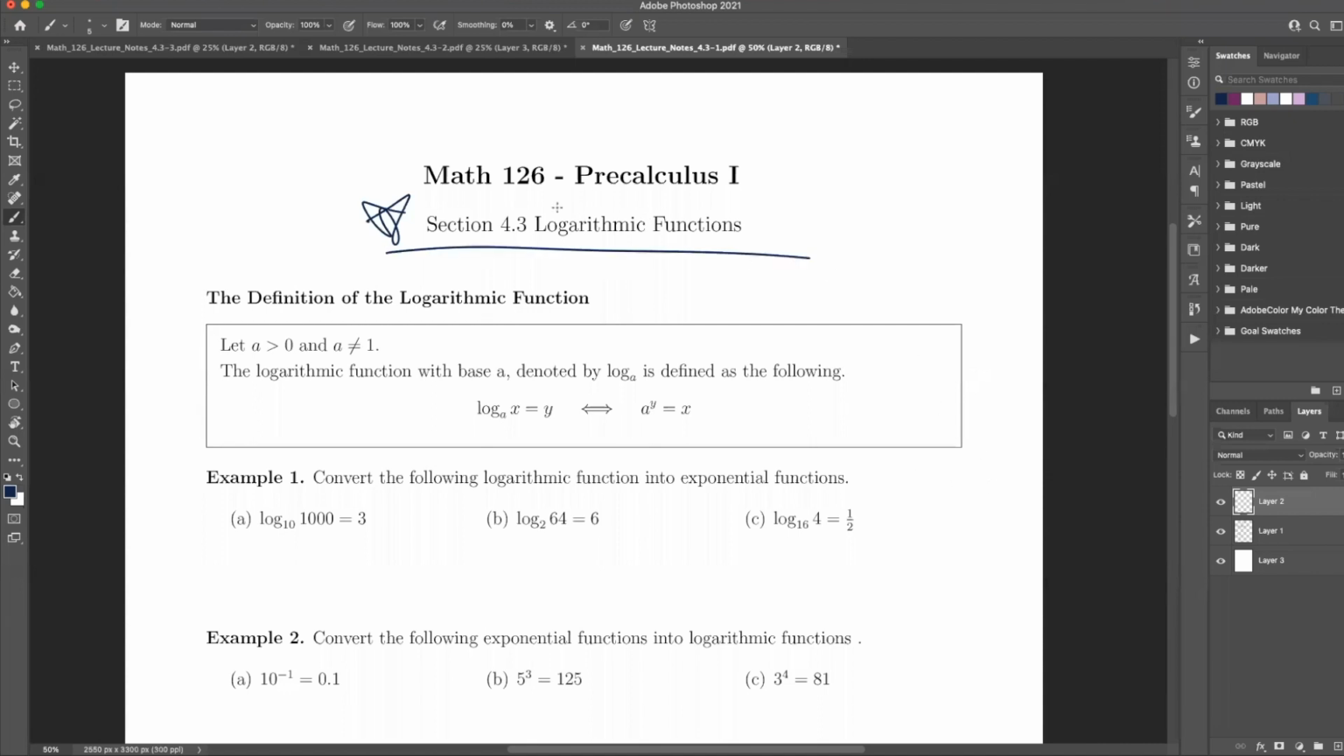All right, so we're going to be doing the logarithmic function. The definition of a logarithmic function: a is strictly greater than 0, and a is not equal to 1, the same rules we put on an exponential function. The logarithmic function with base a, denoted as log base a, is defined as the following: log base a of x is equal to y,